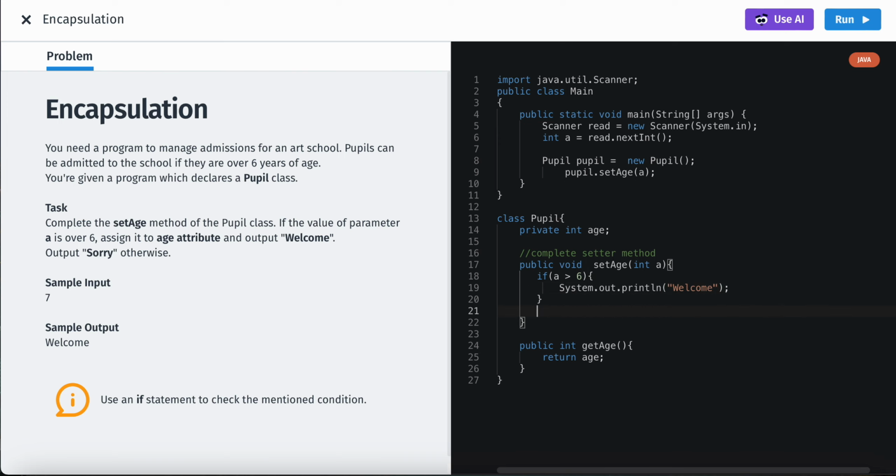Otherwise, let me show you guys a little trick here. If you just have an if statement like this, you really don't need the parentheses. I never learned this until later on, but you really don't need it. And then else system dot out dot print line, and then we can do sorry,